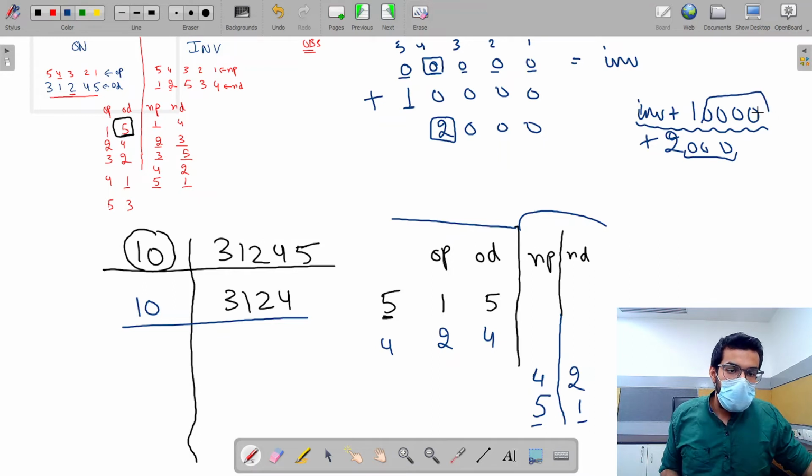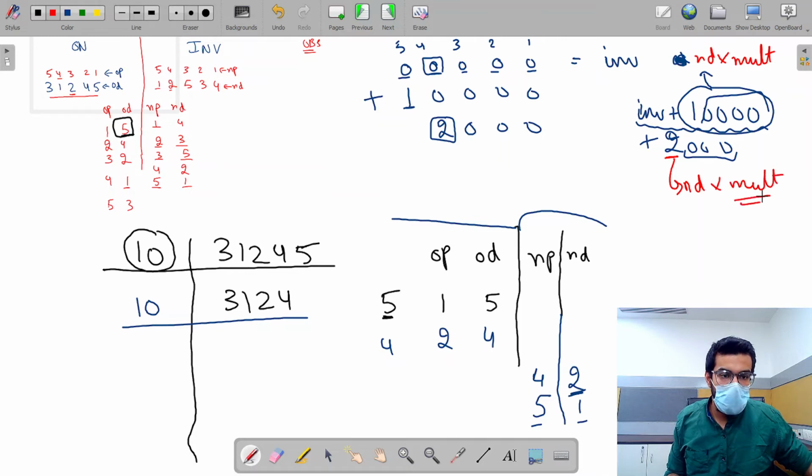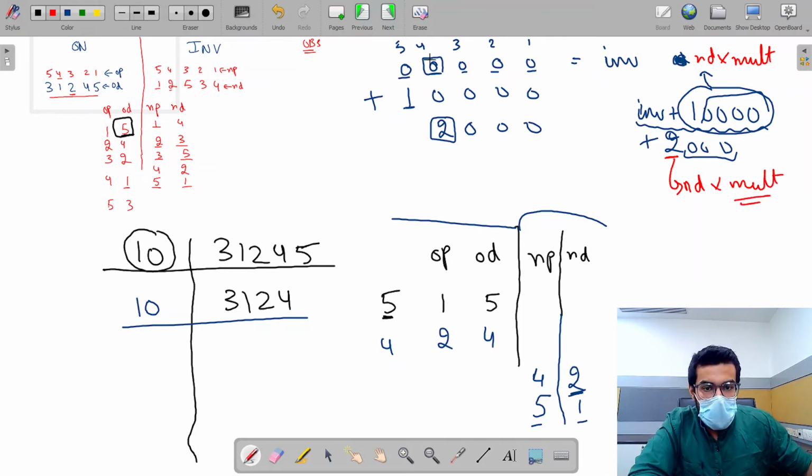How many zeros will come over here? How would I know? So can I say that this is nothing but this new digit into some multiplier, and this is also this new digit into some multiplier. Now we need to find the value of this multiplier. Carefully see over here. When the position was 5, the number of zeros were 4.